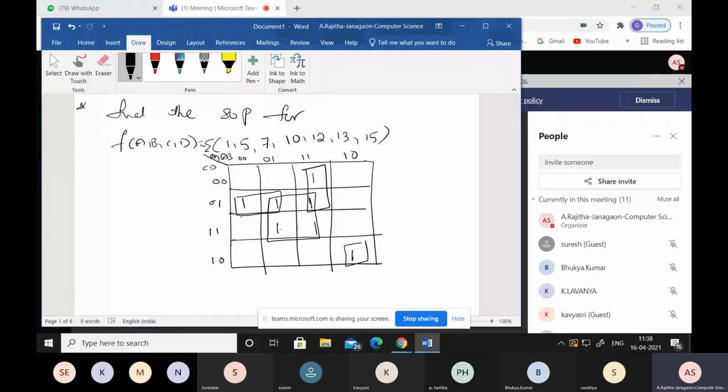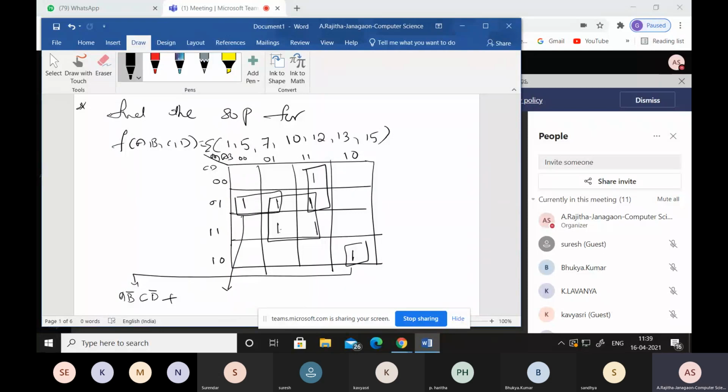Now whenever this single term is there, you should write it like this, all ones. This is A, B complement, C, D complement. So for A, I write it directly because this is 1, meaning product term. The result gives 1, so that 0 becomes 1. How is it possible? It's a complement. That's why I'm writing A, B complement. Now here C and D are 0, so I need 1, so I'm writing D complement. This term is completed. Now I write the term for this pair.